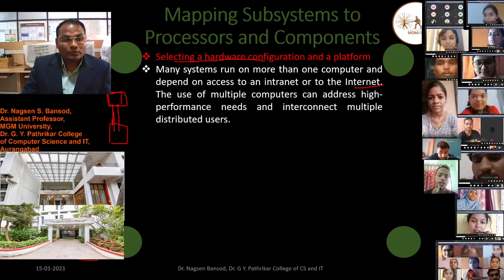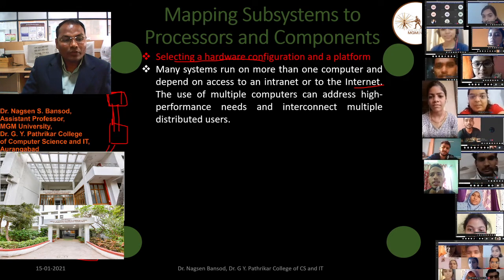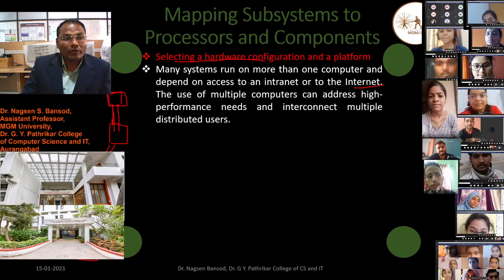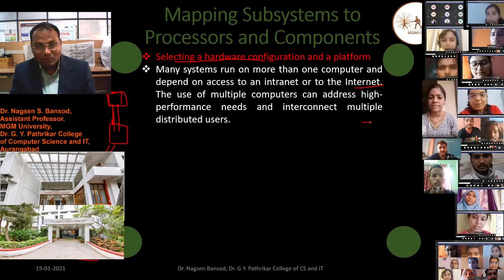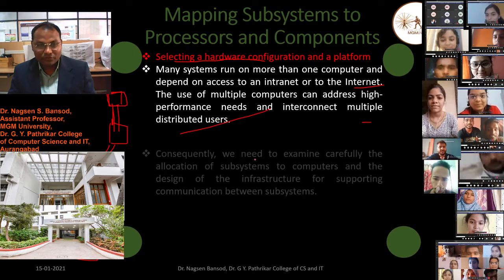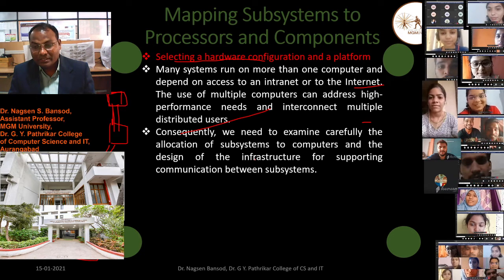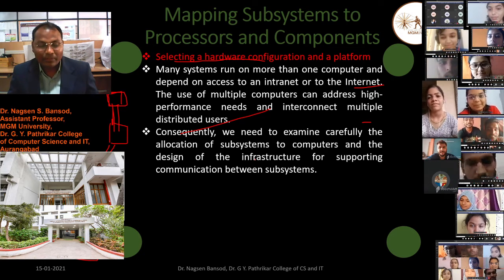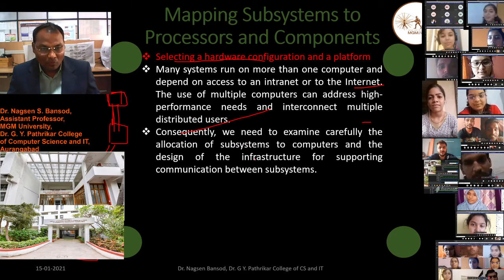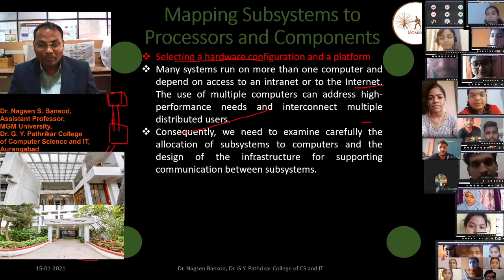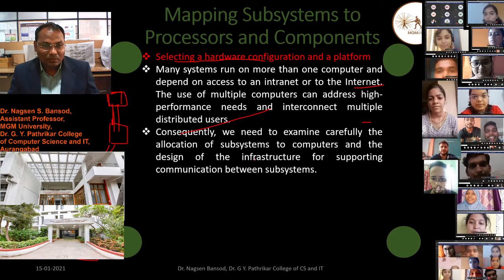Then according to the hardware we have to design the software so that our software will work for many or multiple distributed users. If we visit a bank, we know there are multiple computers connected to one computer, and we can see such examples in many more places.